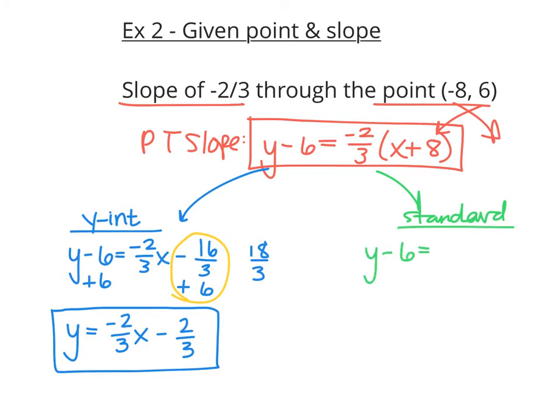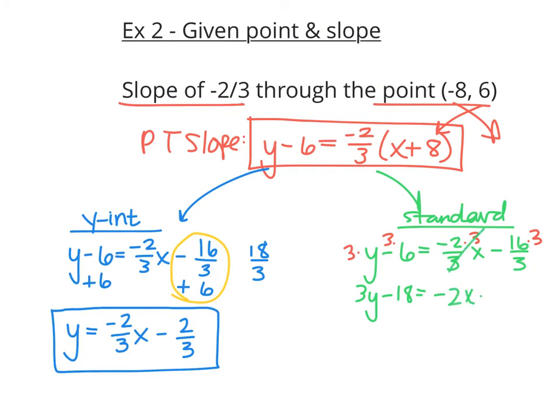y minus 6 equals -2/3 x minus 16/3. Now in standard form, the two rules are x and y on the same side and no fractions. And you all know I like to get rid of fractions first, so that's what I'm going to do first. So I'm actually going to multiply everything by 3, just like we did at the very beginning of the year. And that's going to give me 3y minus 18 equals -2x,